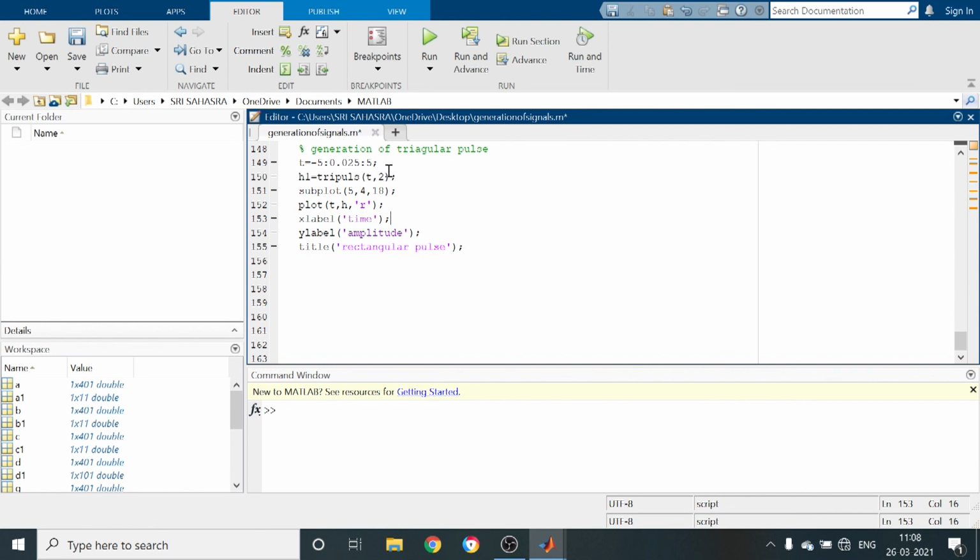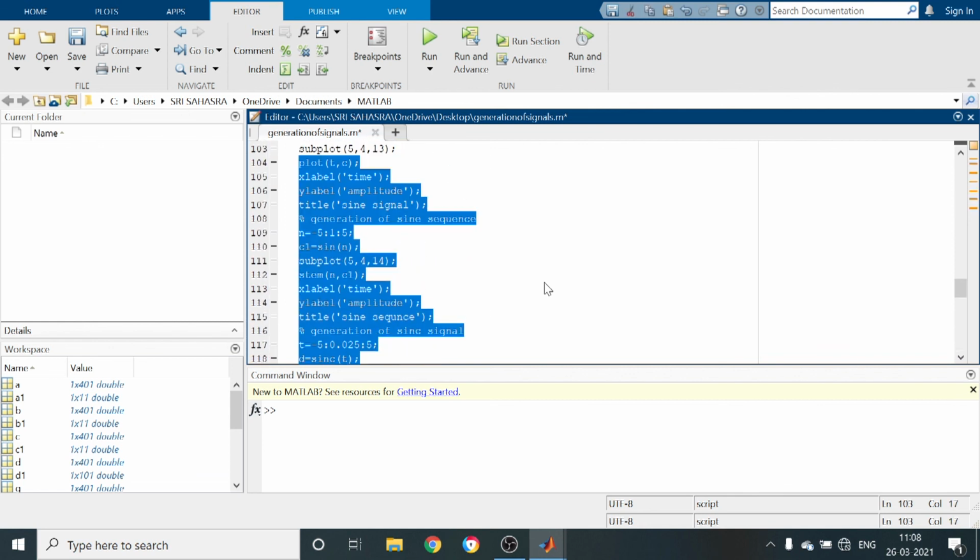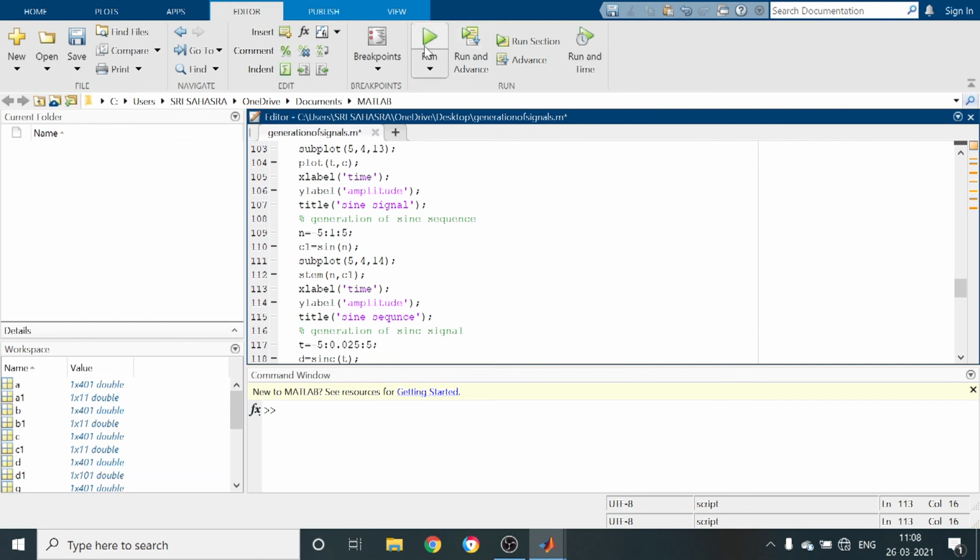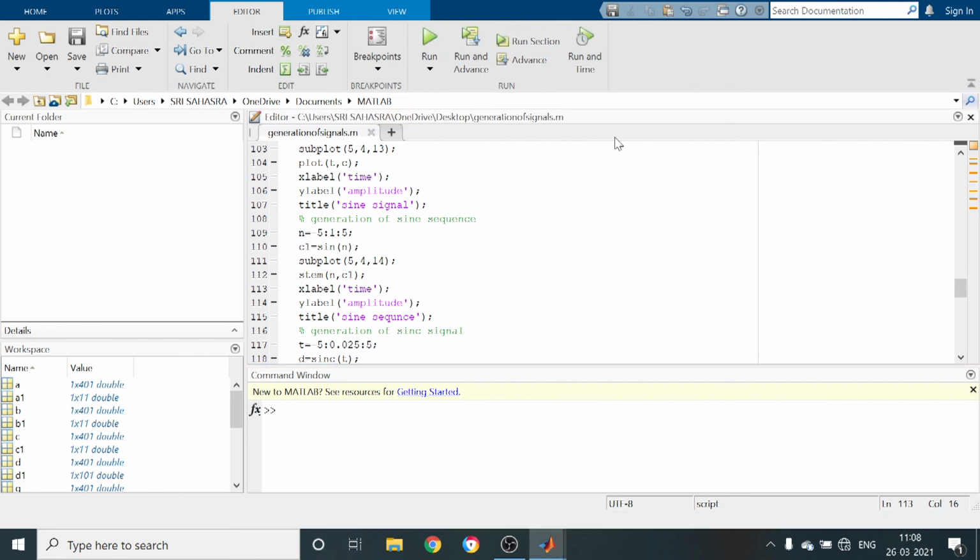Tripulse of t. So this is the 19th plot. Here I am using H1. So this is the triangular pulse. Run the program. So this is the tripulse.